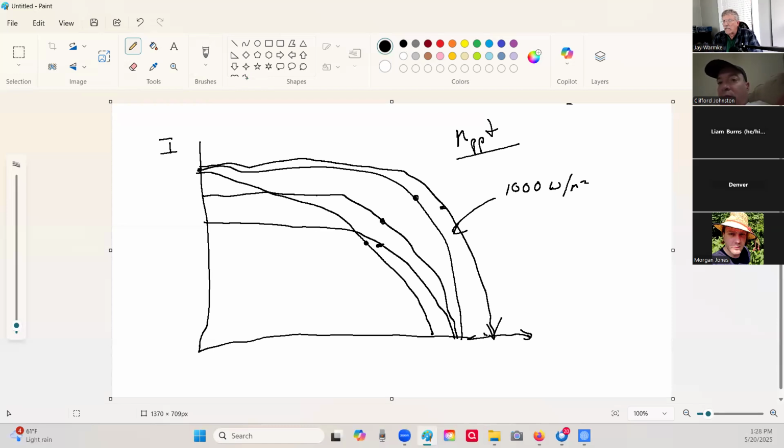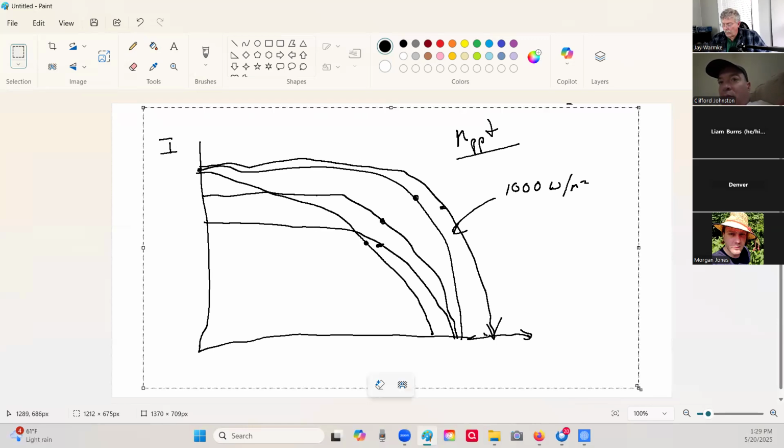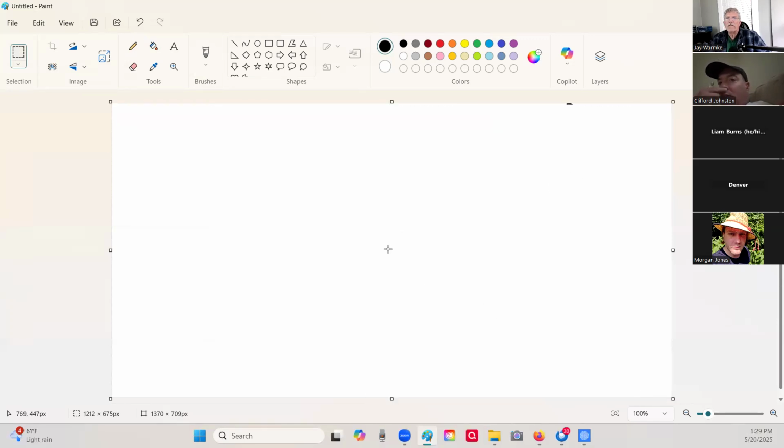So it's just doing the best it can given the circumstances. So you're getting maximum production out of the panel at all times. That's great. And it really comes into play because in a system of multiple panels,